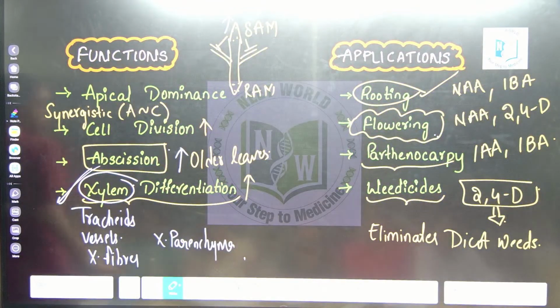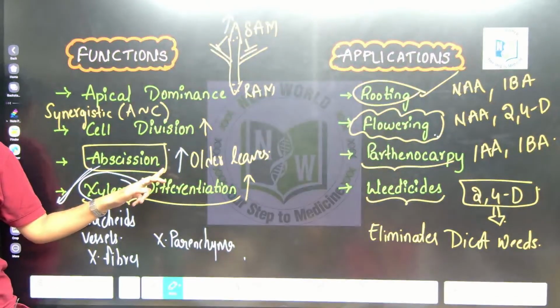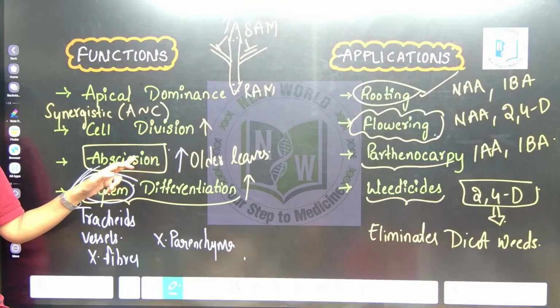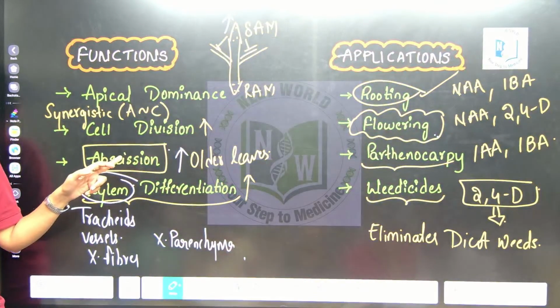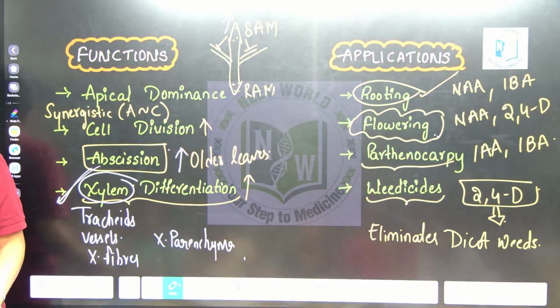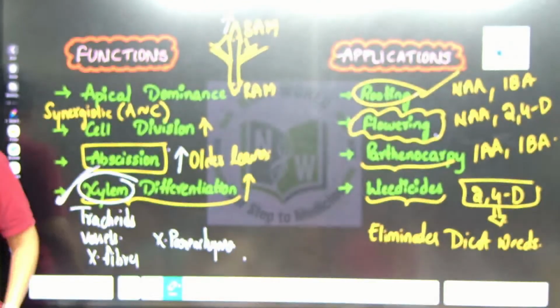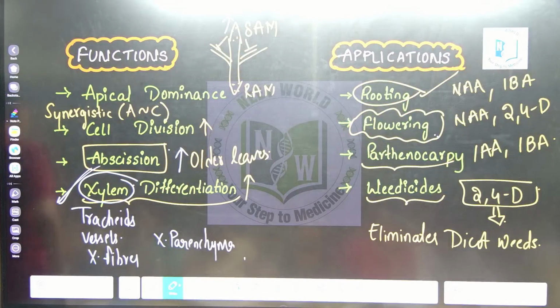No, because it is inhibiting the abscission of younger leaves and flowers. If you see ethylene and abscisic acid, they will promote abscission based on the climatic conditions. See how it will happen is,